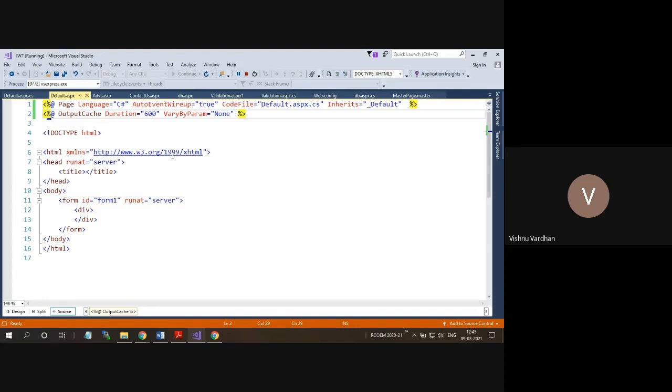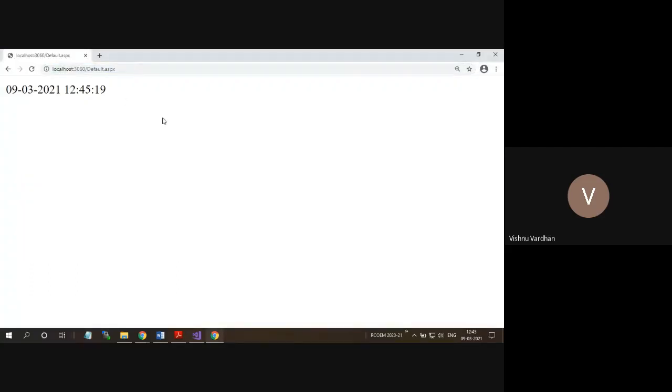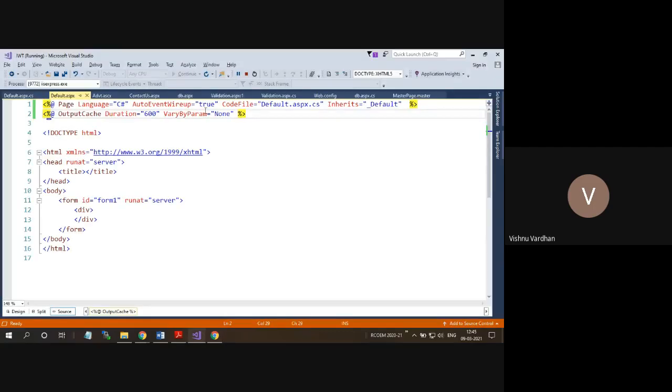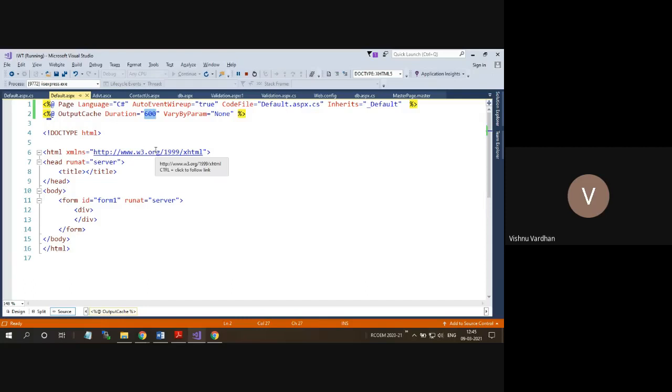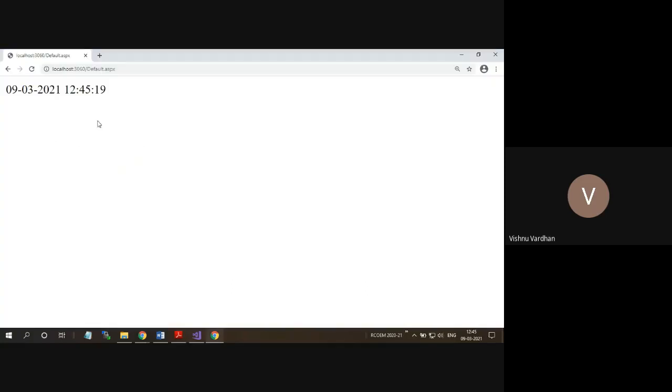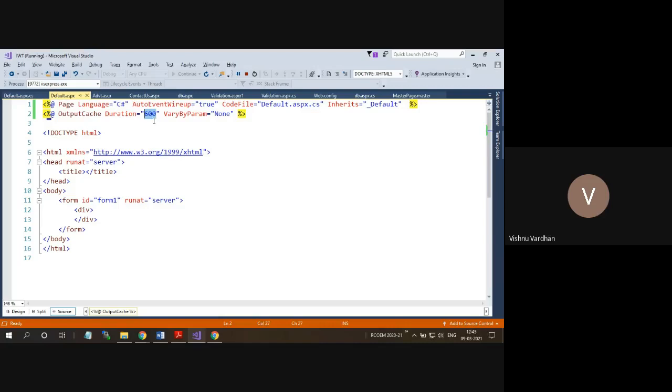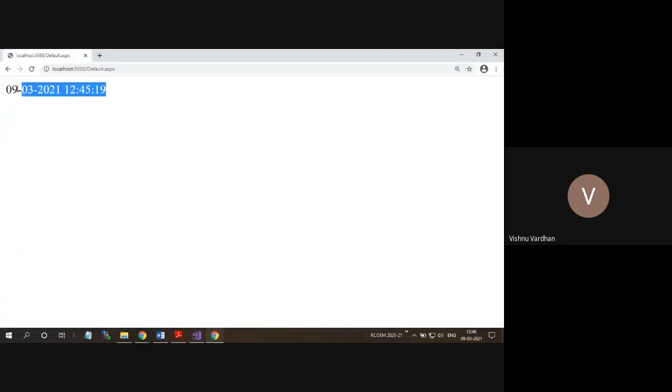You can maintain the cache in your server's memory. So the advantage is, suppose this is my current request, which is reloaded now. Okay, so this is going to be maintained till 600 seconds elapse. So in this particular 600 seconds of time, suppose there are 500 requests, all those 500 requests are going to see the same result, because the server is not at all getting that request to process accordingly.